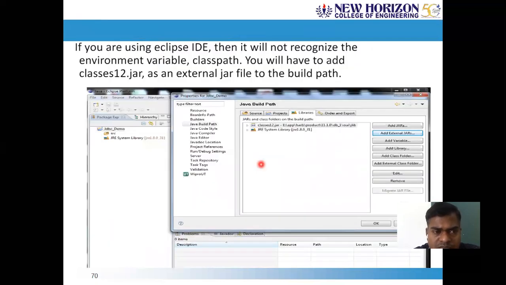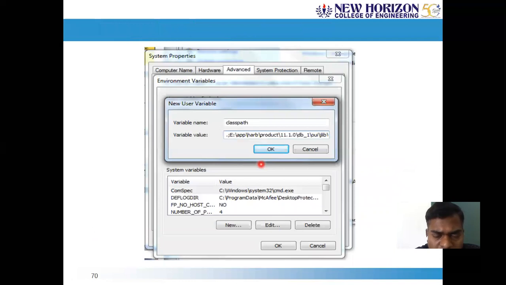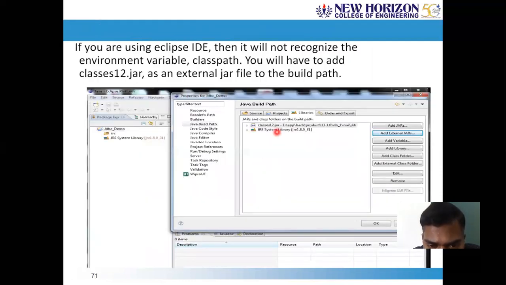Next, if you are using Eclipse, so the previous one was with respect to the manual approach. In Eclipse, the classes.jar file should be included as a part of your library. For each project, there is a Java build path. In that Java build path, you should specify the classes.jar file related to your JDBC, which is a very important step in the JDBC process.